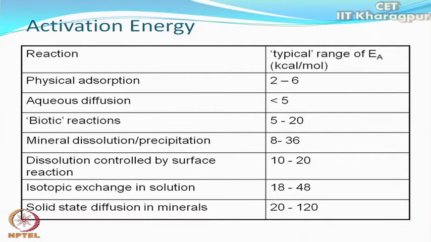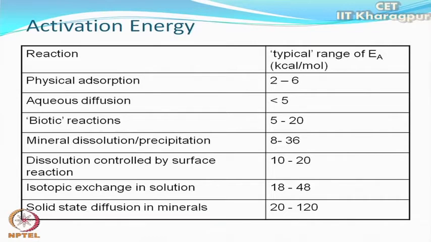Then dissolution controlled by surface reaction. Surface reaction is not the typical bulk reaction which we generally do. Surface reactions are those like zero order reactions, like dissociation of ammonia on a gold surface. So, dissolution controlled by surface reaction has 10 to 20 kilocalorie per mole. Surface reaction is different from bulk reaction, and that requires about 10 to 20